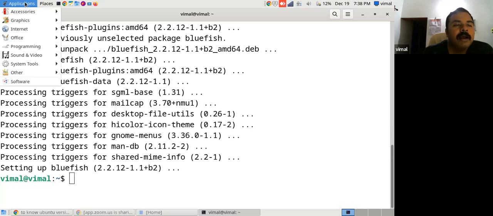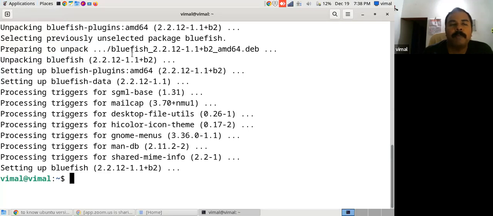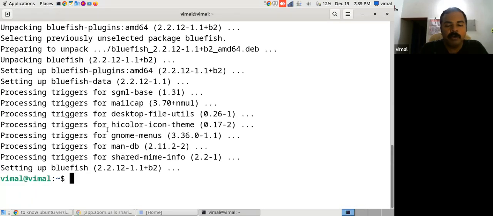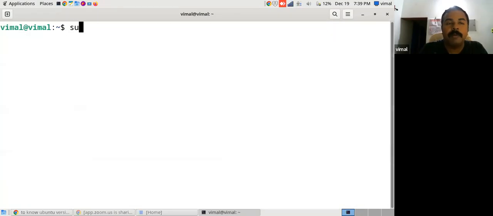See, the Bluefish application appears in programs. See, this is the Bluefish editor. If you click on it, it will open. This is the Bluefish application. It opened. Then I want to install one more application, that is sudo apt install